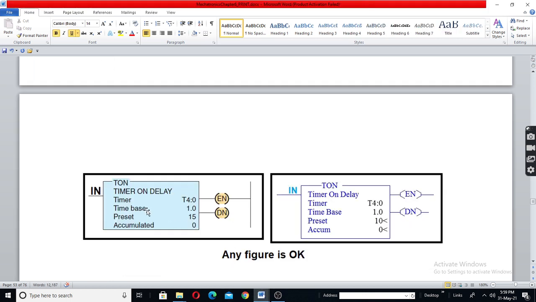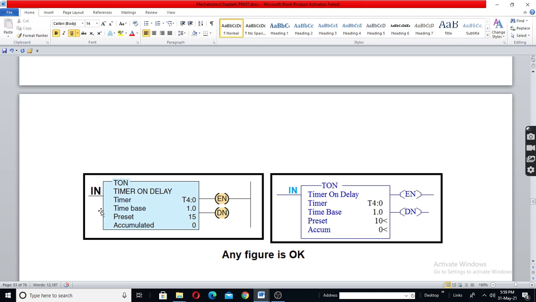Right. Now we have to define many things. See, T 4.0 means its address. Next, base. Timer base means the increment in which it counts. If you say 1.0, it means it counts in steps of 1 second.